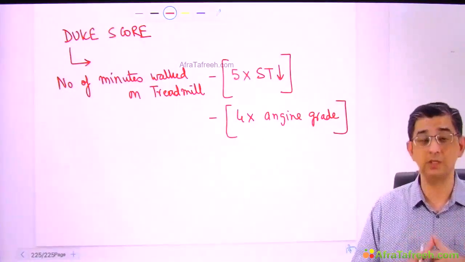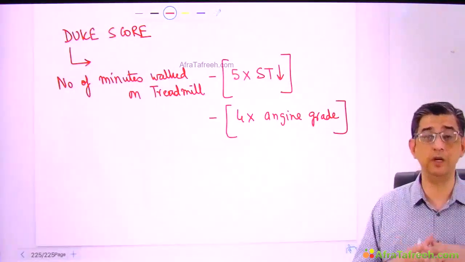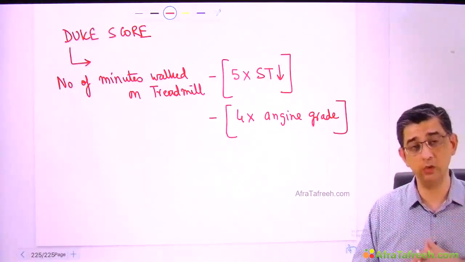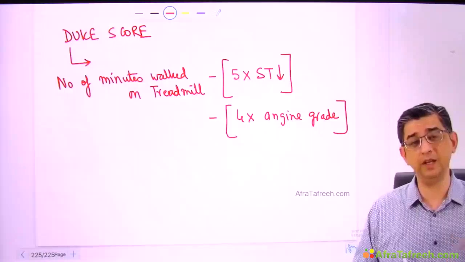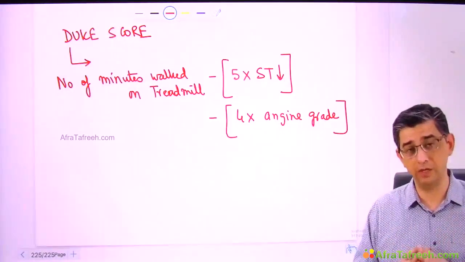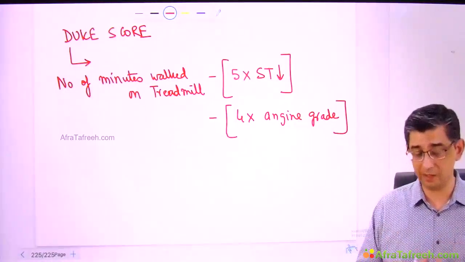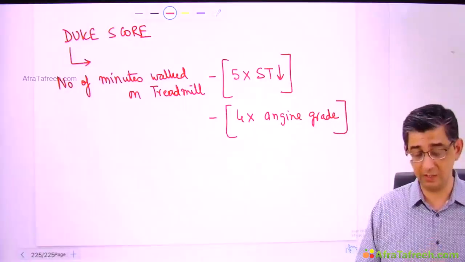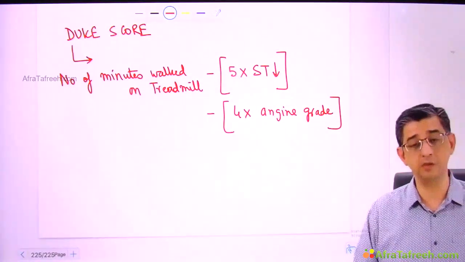So in those circumstances, if there is a limitation of physical activity like climbing stairs, going to the bathroom, I will call it limiting angina. That is given a score of 2. If it is non-limiting angina, like he can go about his daily activity without any hindrance, then it is a score of 1. I am not writing angina grade per se because that's not usually asked, but I definitely want you to be sensitized to the fact that the Duke score value will determine the prognosis of the patient.